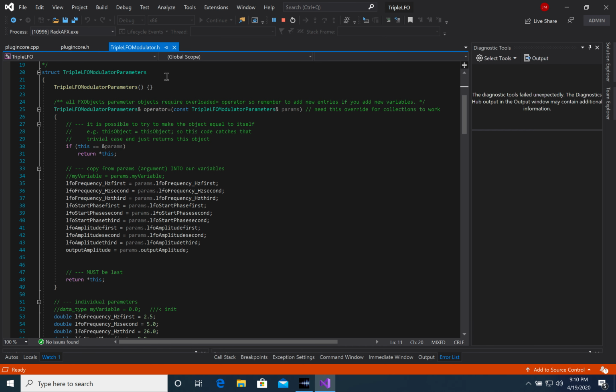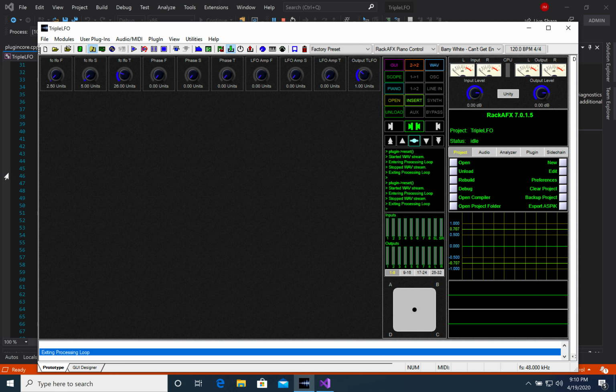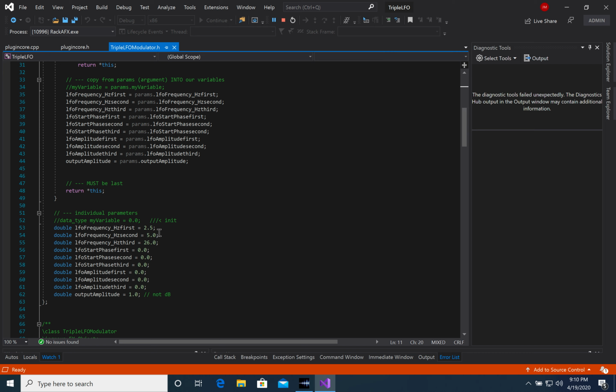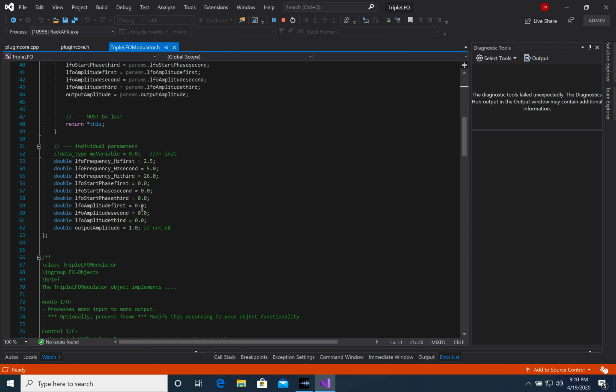for the TripleLFO modulator parameters. We have 10 parameters in total, and these are all linked to my knobs in RackAFX. There's all 10. So we have frequency, and we're setting the three of them to 2.5 Hertz, 5 Hertz, and 26 Hertz. Starting phase, all set to 0. However, we are using the LFOEX's randomized phase parameter, so none of them start at the same point. Then we have three amplitude knobs, all starting at 0. Then output amplitude, which is at 1, so the signal will just pass through unaffected unless we want to change